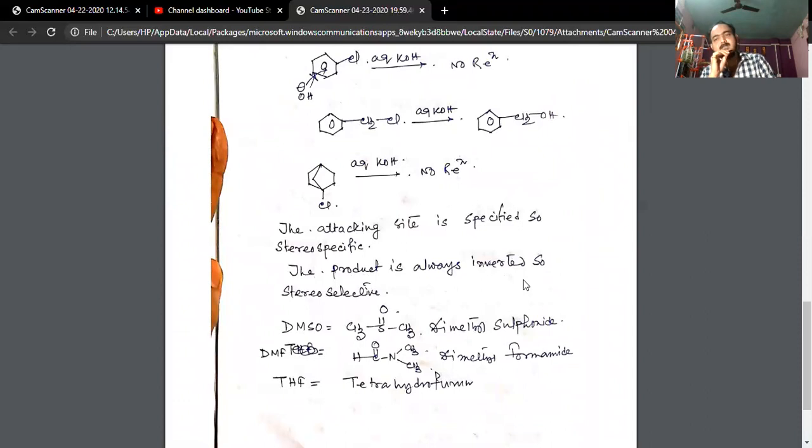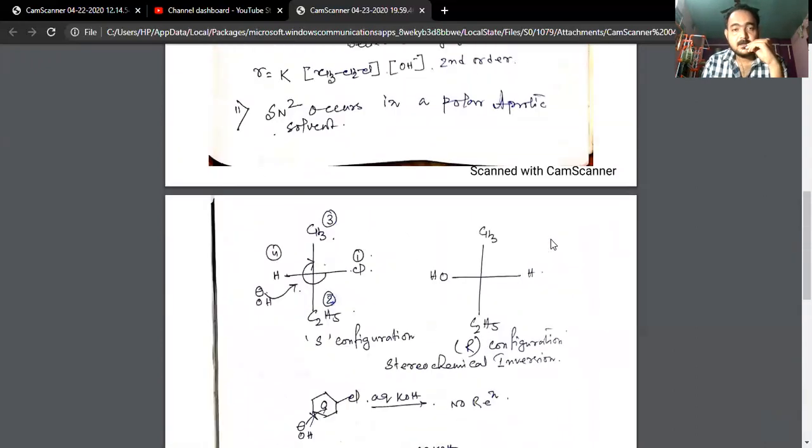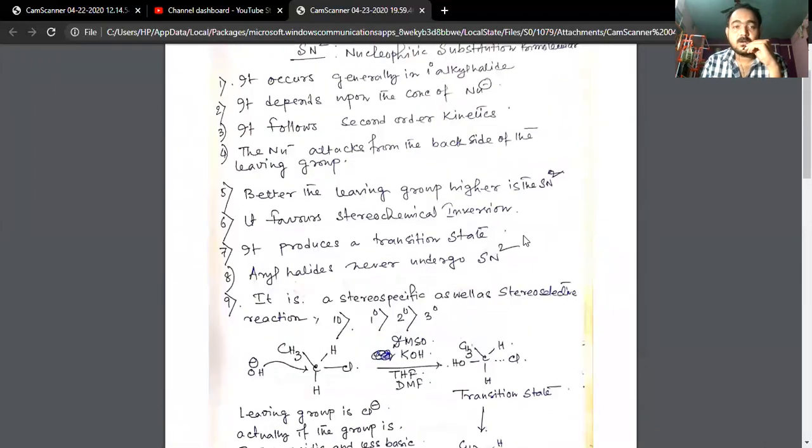I have done this SN2 reaction in an advanced way, so that every problem in your entrance exam can get solved. So if you feel any kind of problem, or you want a simplified lecture, you can comment in the comment box. Then I will do a simplified lecture. But actually this lecture is very, very important, and it covers all the topics. If you remember what I have told here, you will be able to answer all kinds of questions.